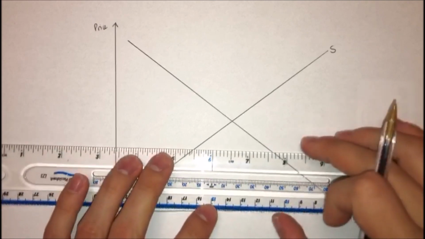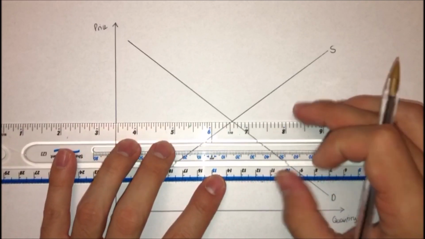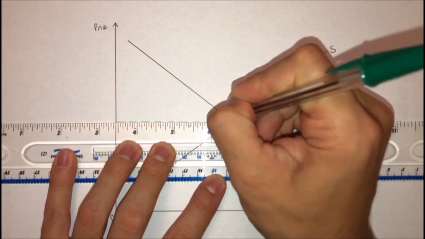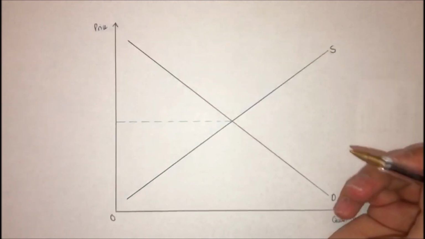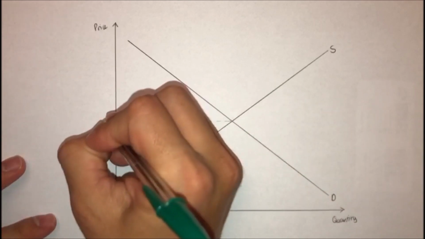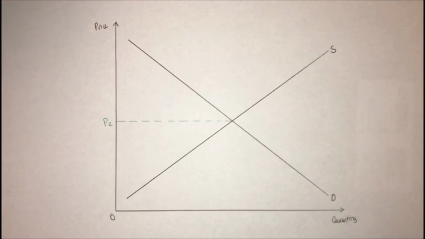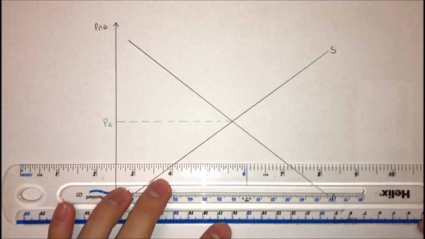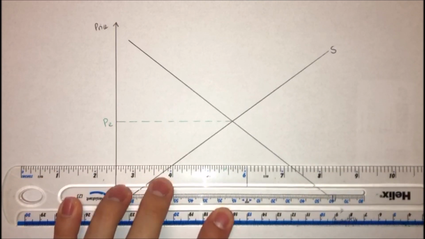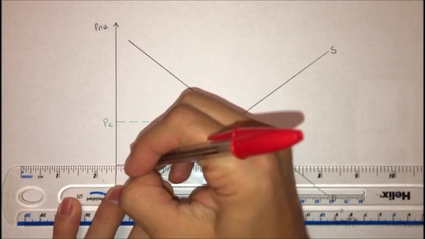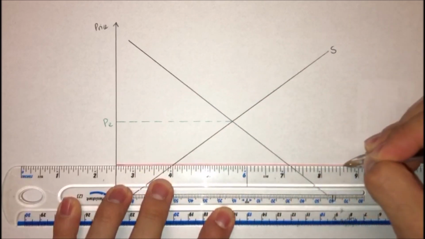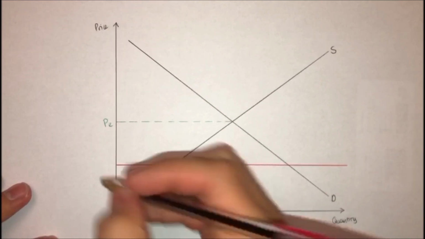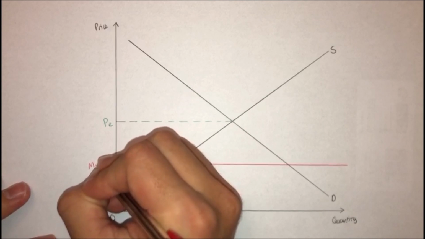And given this demand and supply curve, we would see an equilibrium price in a free market of price PE. However, in comes the government and introduces a maximum price for a good, represented here by this black red line, and we shall label that also